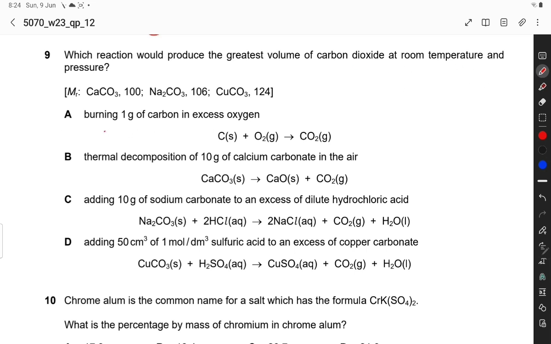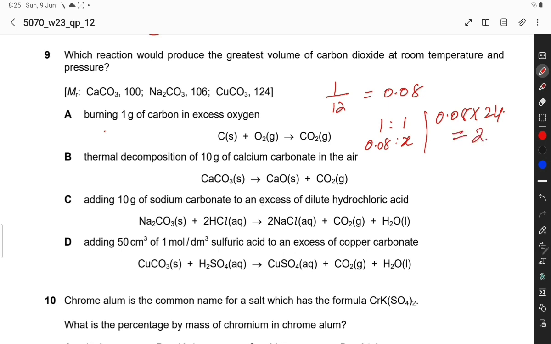Burning of 1 gram of carbon in excess of oxygen. 1 divided by 12 is equal to 0.08, and carbon dioxide is 1:1, so 0.08 into 24 is equal to